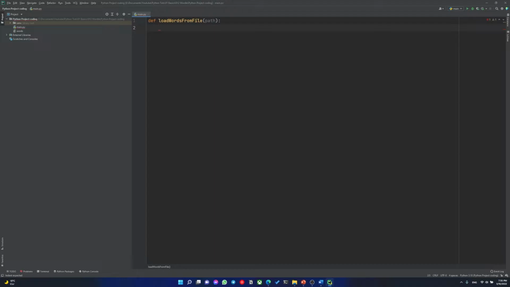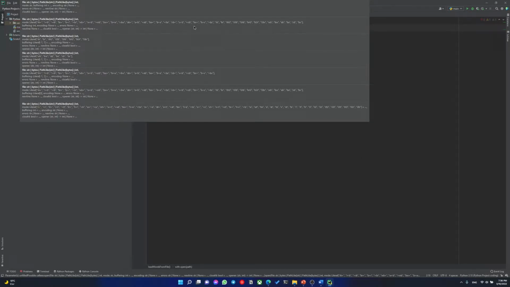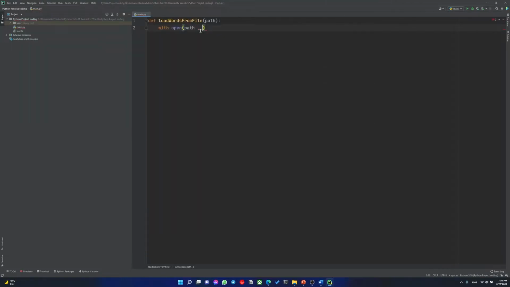Now the way that works in Python is as follows. We're going to write with open, and we're going to open path, and I'm going to give it also as a second argument, R. I'm going to tell you in a second what all that means. With open as